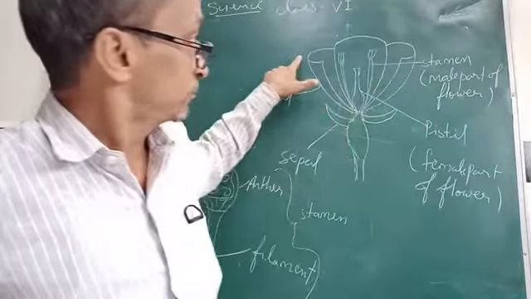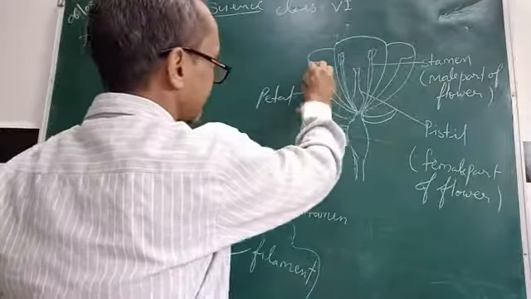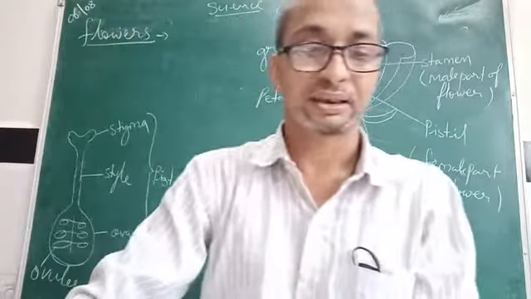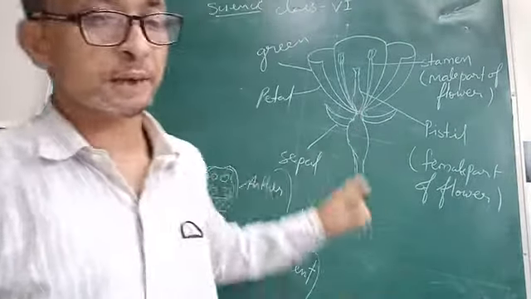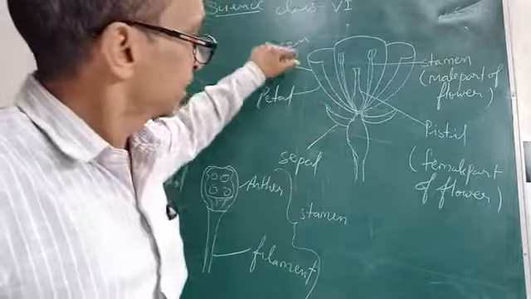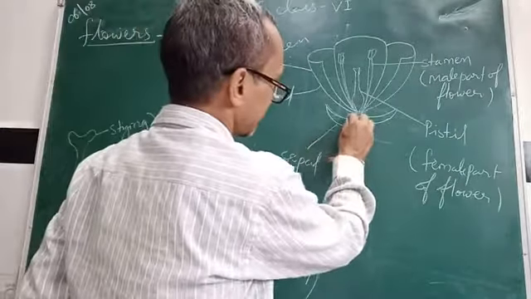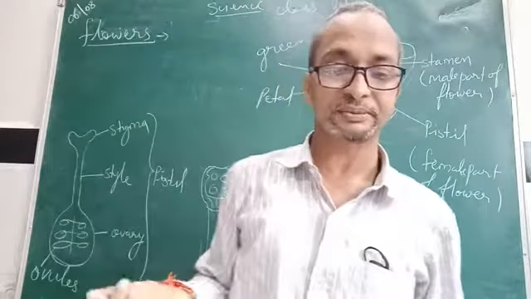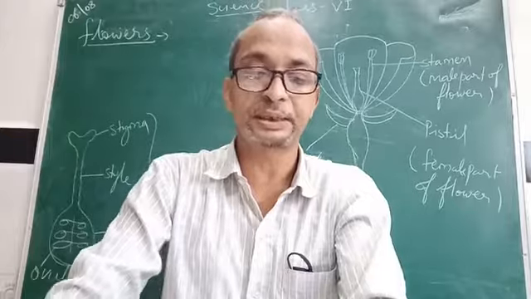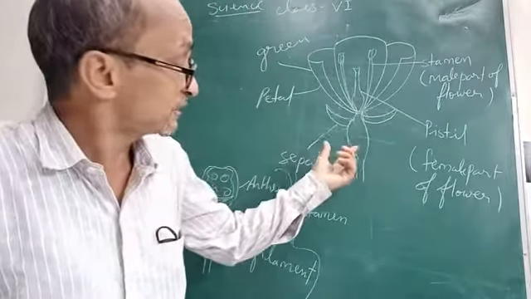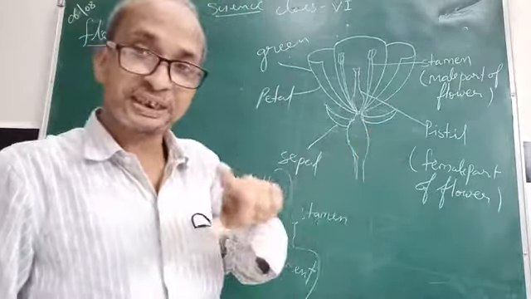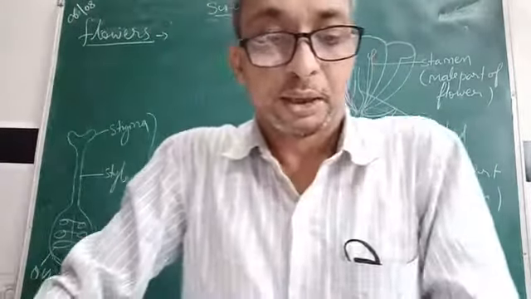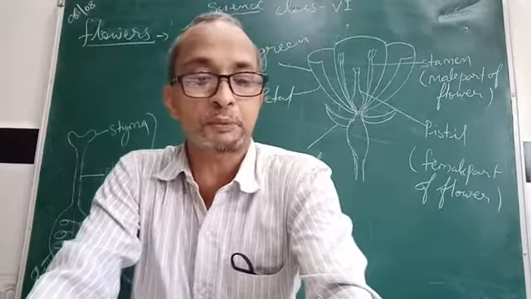So the green leaf-like part given in this figure, this color is green. Green leaf-like parts of the outermost circle of a flower are called sepals. These are the sepals, below the petals, and petals have different colors. Inside the sepals are the petals of the flowers. Means sepals are the outer parts of the flowers and petals are situated inside the sepals.